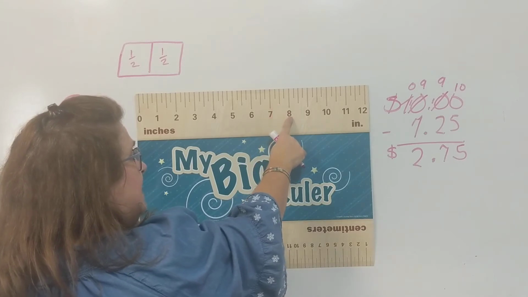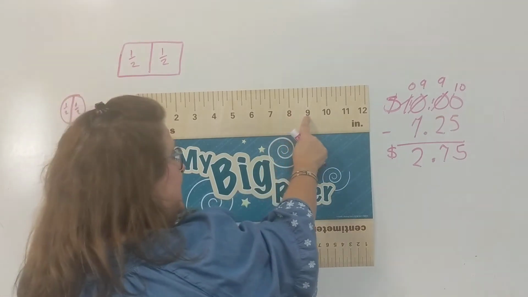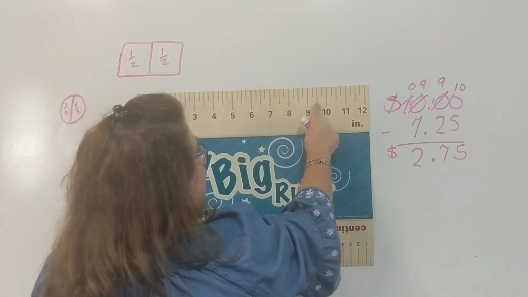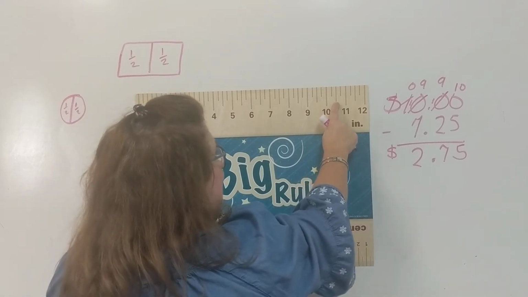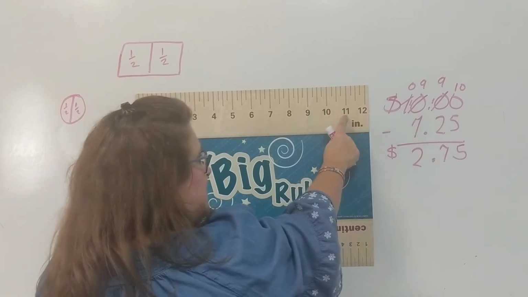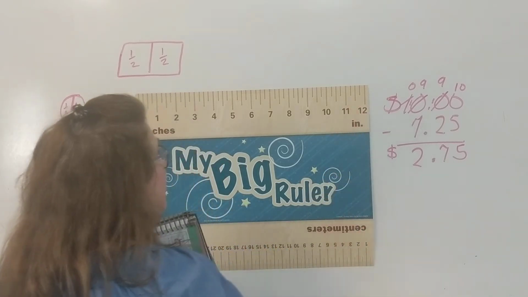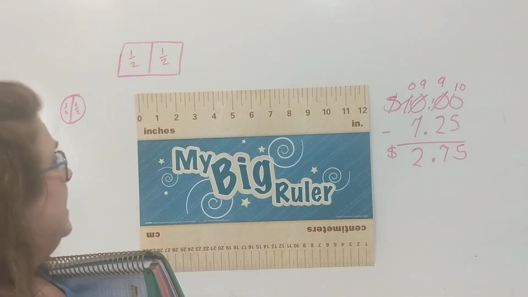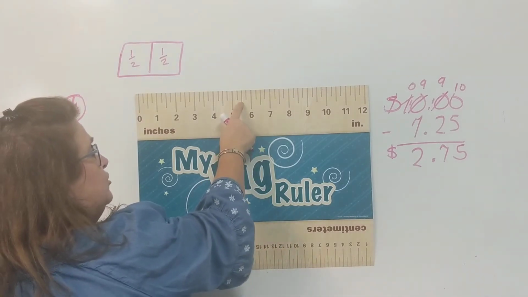7.5 inches, 8 inches. 8.5 inches, 9 inches. 9.5 inches, 10 inches. 10.5 inches, 11 inches. 11.5 inches, 12 inches. So when we go to the line that's right in the middle of our two numbers,